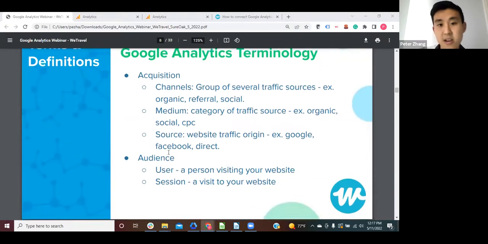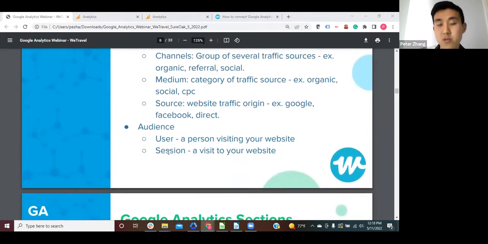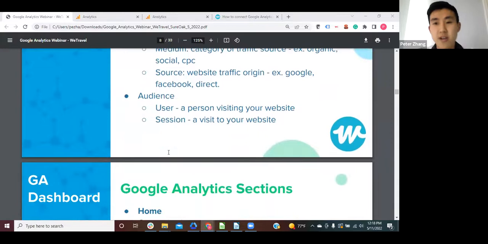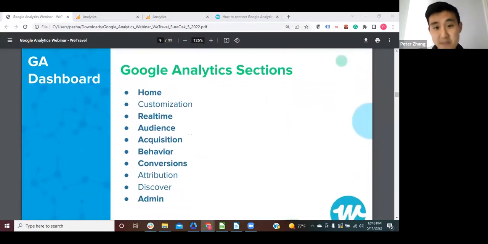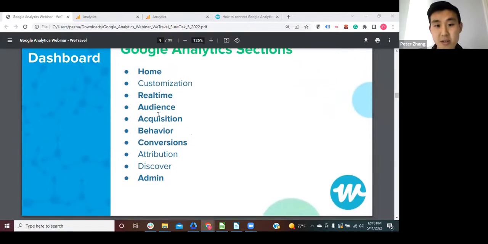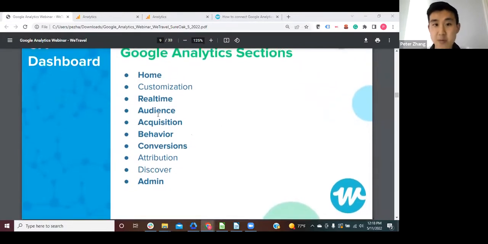But as I said, when we're going into the actual software and the dashboards, there really is a lot of data. And so I'm breaking down here different reports that you have access to once it's set up. I bolded the sections that we'll cover a little more in depth, but even within each of these sections, there are many subsections of smaller reports that continue to get refined.